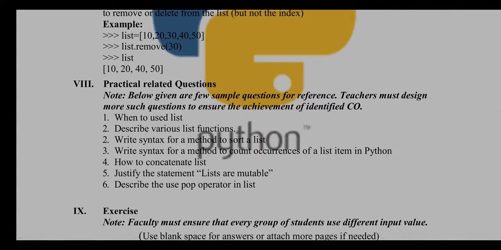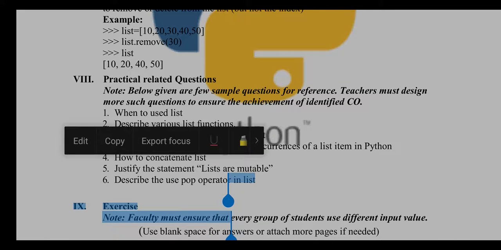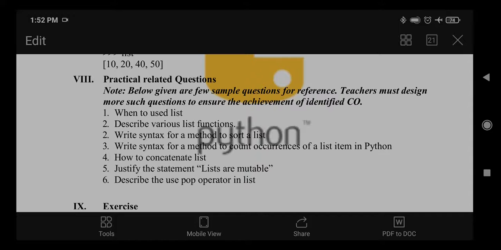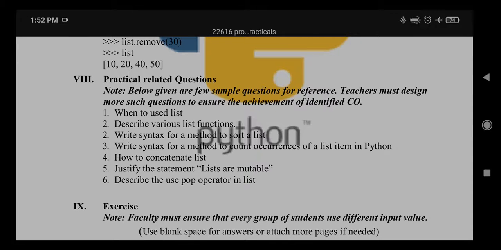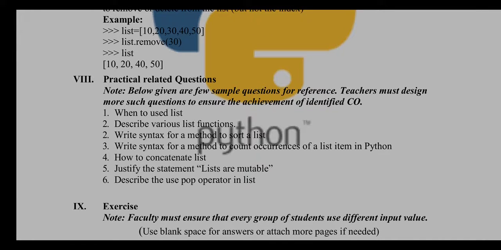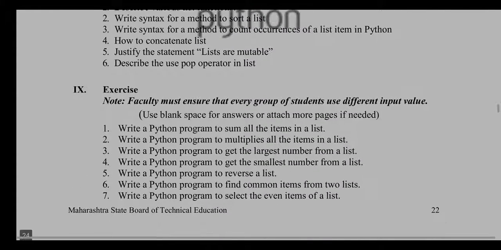Okay, so basic practical related questions are: when to use a list, describe various list functions, write syntax for a method to sort a list, then write syntax for a method to count the occurrence of a list item in Python, how to concatenate lists, justify the statement lists are mutable, and describe the use of the pop operator in a list.